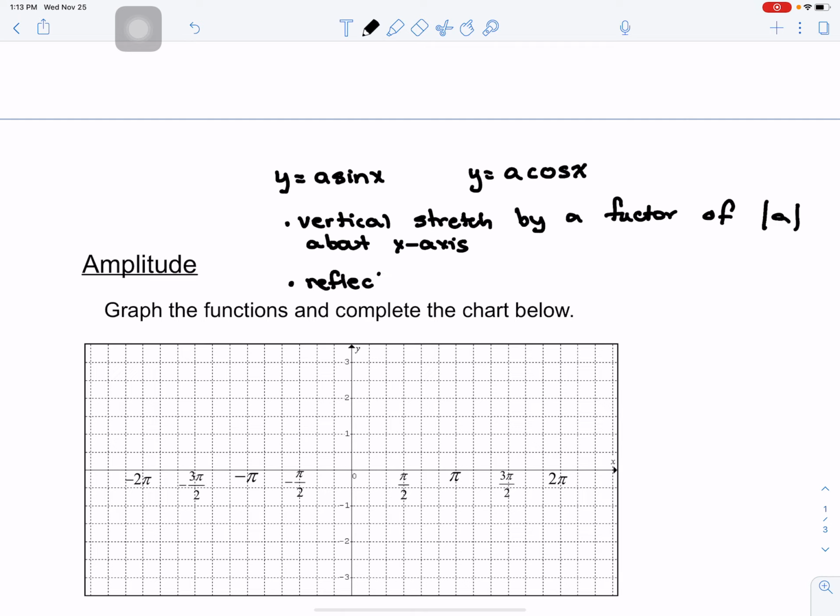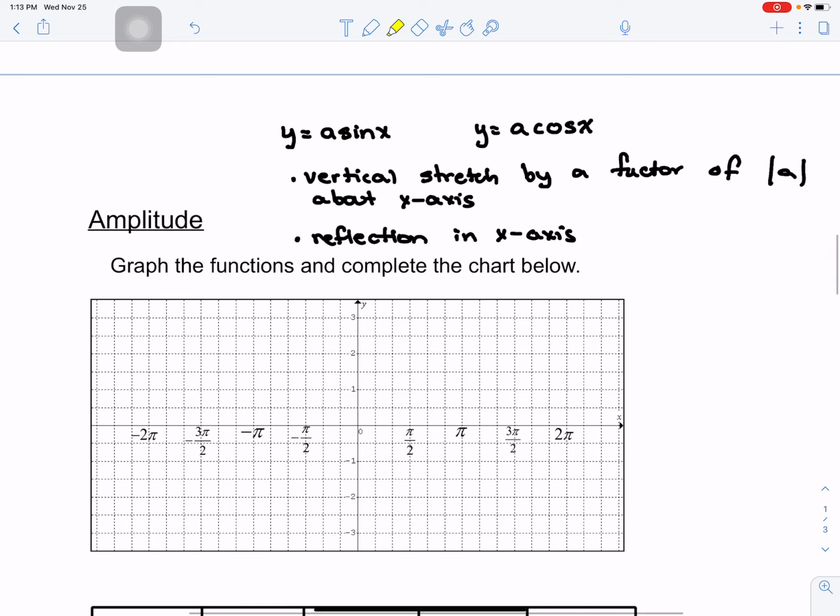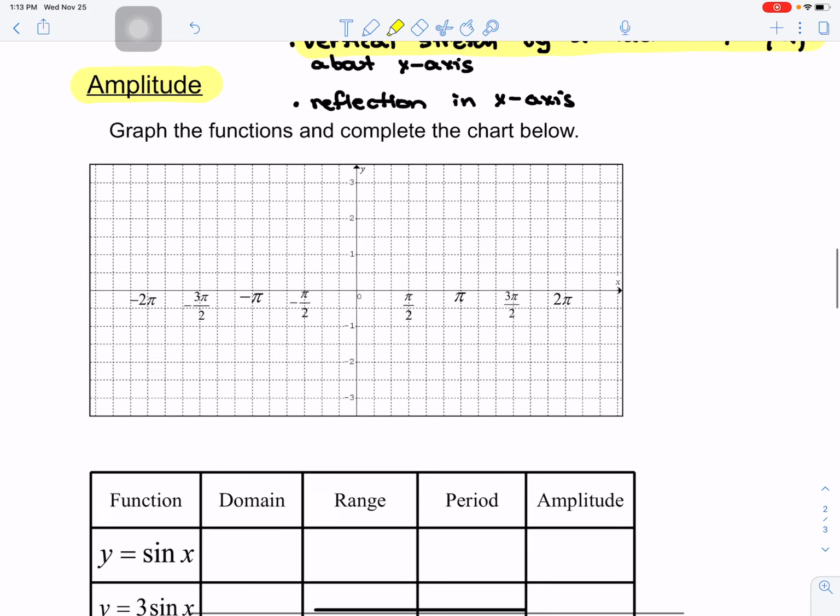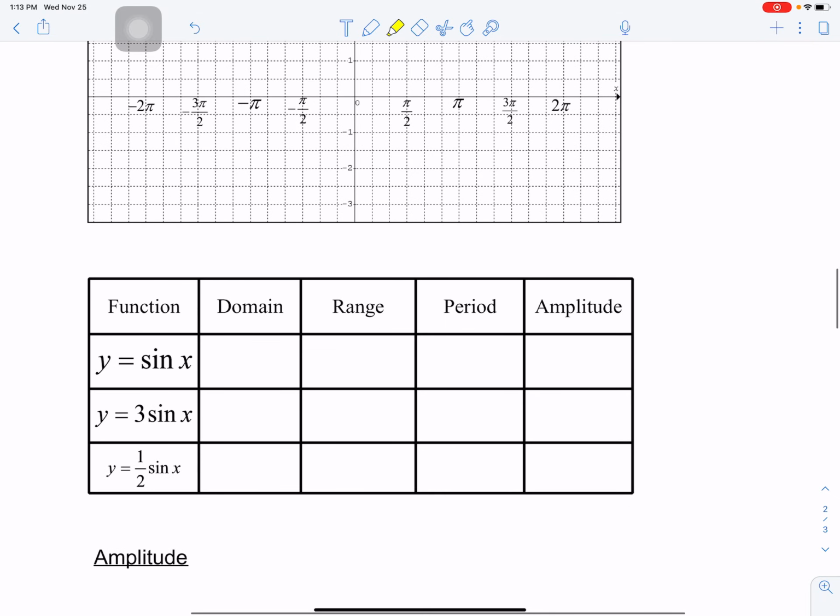So we never talk about our amplitude being negative. The negative is the reflection. The amplitude is still the same thing as your vertical stretch factor. But instead of calling it a vertical stretch, we're going to call it amplitude, but in your mind, you know it's the same thing as a vertical stretch. Okay? Now, when we complete the table,